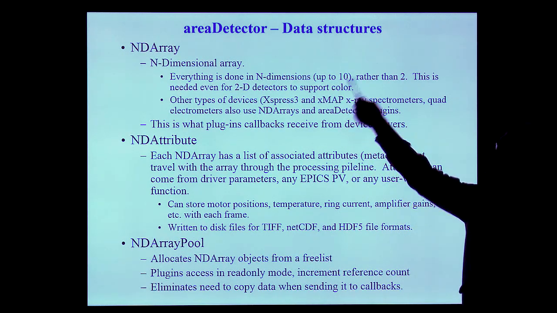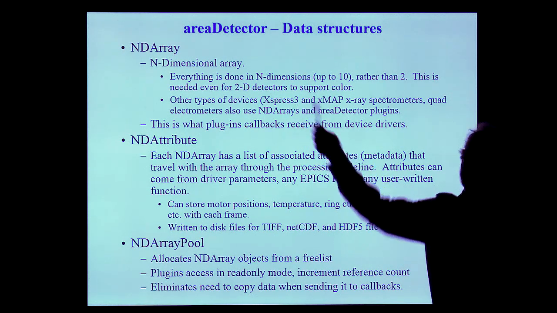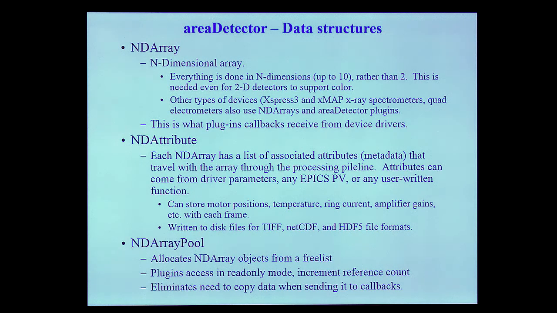Right now, it's sort of hard-coded that it can only go up to 10 dimensions, which is probably plenty. But even on a 2-dimensional camera like this, if it supports color, the data is 3-dimensional. And by supporting n dimensions, it lets the entire infrastructure for area detector be used for completely different kinds of devices. And you are using that here right now, because the Express 3 that some of the spectroscopy beamlines are